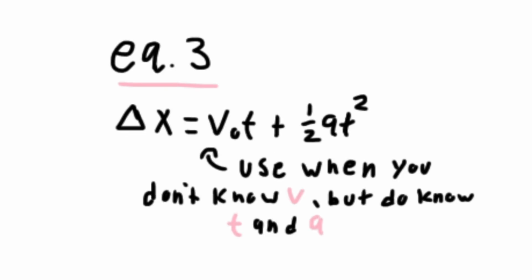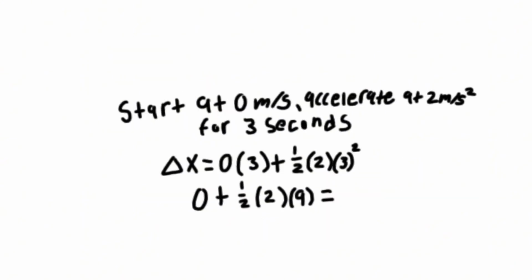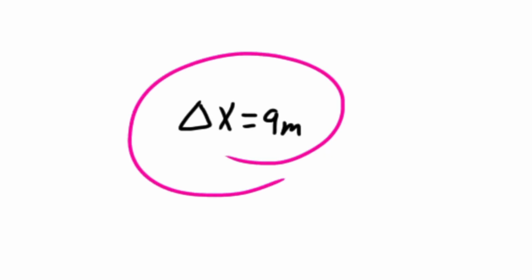Now this equation is good to use when you don't know your final velocity, but you do know time and acceleration. So let's take this example. Say you start at 0 meters per second, you accelerate at 2 meters per second squared for 3 seconds. Well, once again, we're just going to plug into all of our variables, and that will give us 9 meters